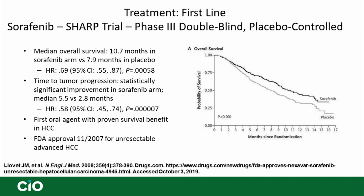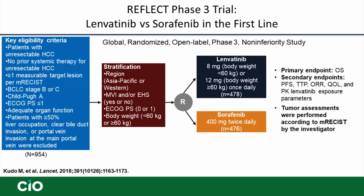There was improvement over survival compared to placebo. Based on that, this drug was approved back in November 2007 in the treatment of advanced unresectable hepatocellular carcinoma. Since then, as I mentioned, most of the trials were negative until recently. There's a REFLECT study that was presented a couple of years ago, where this was actually a non-inferiority study, okay,